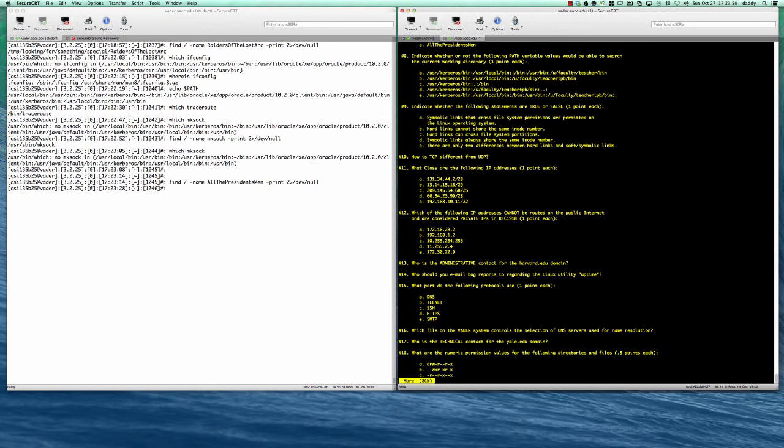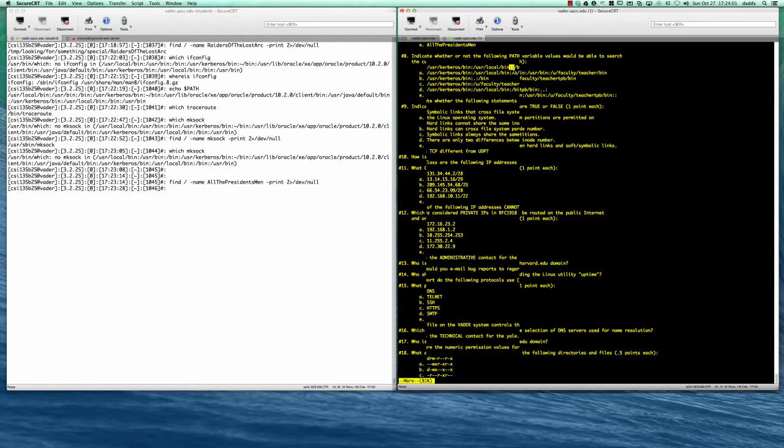So question number 8 asks, indicate whether or not the following path variable values would be able to search the current working directory. So the first one will be able to search the current working directory. If you remember from lecture, the 2 colons in the path statement with nothing in between them represents the current working directory. So A is yes, that would be able to search the current working directory